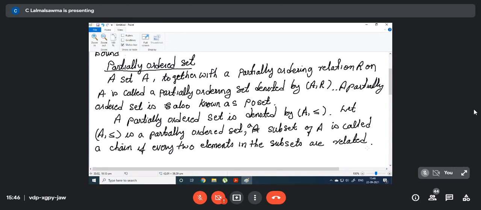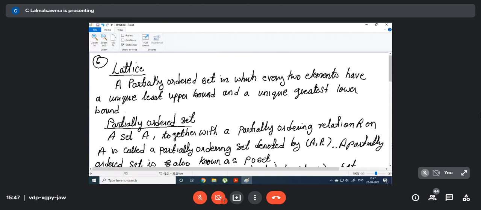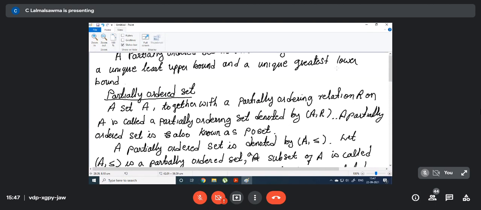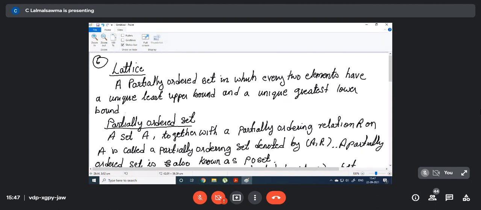I think that is enough information for today. I will explain this and lattice in the next class. I think I already explained partially ordered set, which is not difficult. I will explain lattice in the next class. Okay, I think we can end now. So if you already gave your attendance, you can leave. So for those who do not